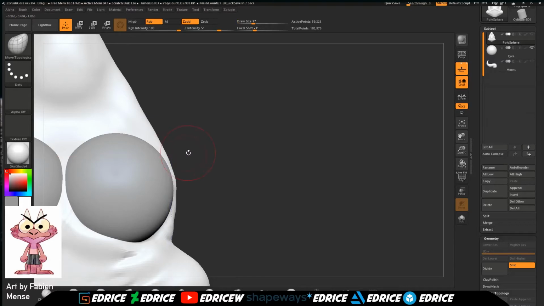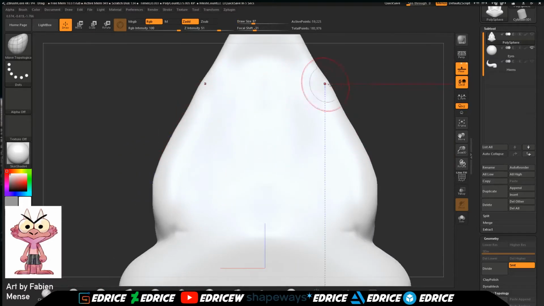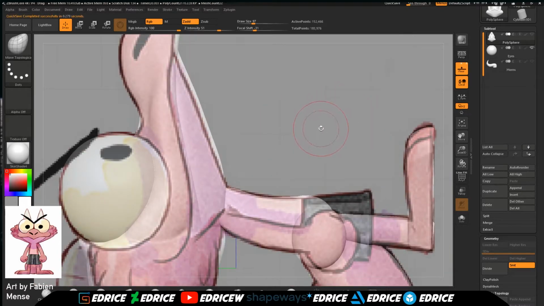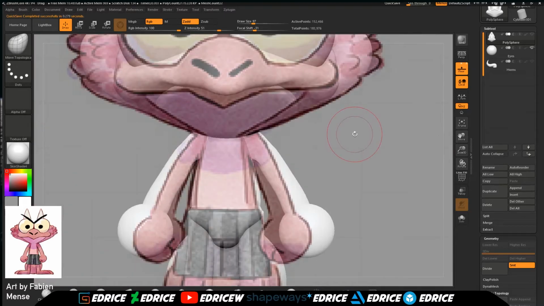You can see a fair bit of wobbliness. So that's because 59,000 polygons is still a lot of polygons. But we have to,